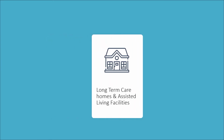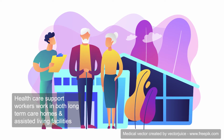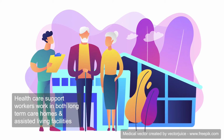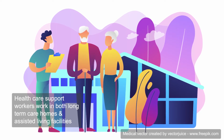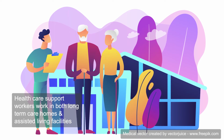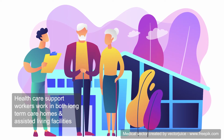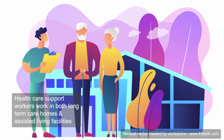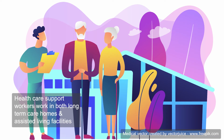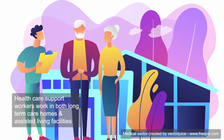Long-term care homes. Long-term care homes and assisted living facilities are facilities that are designed with the residents' needs in mind, and they're found in all communities within our region. There are laws in British Columbia that govern how these facilities operate and what services they must provide. Long-term care homes are licensed under the Community Care and Assisted Living Act or the Hospital Act, and they are